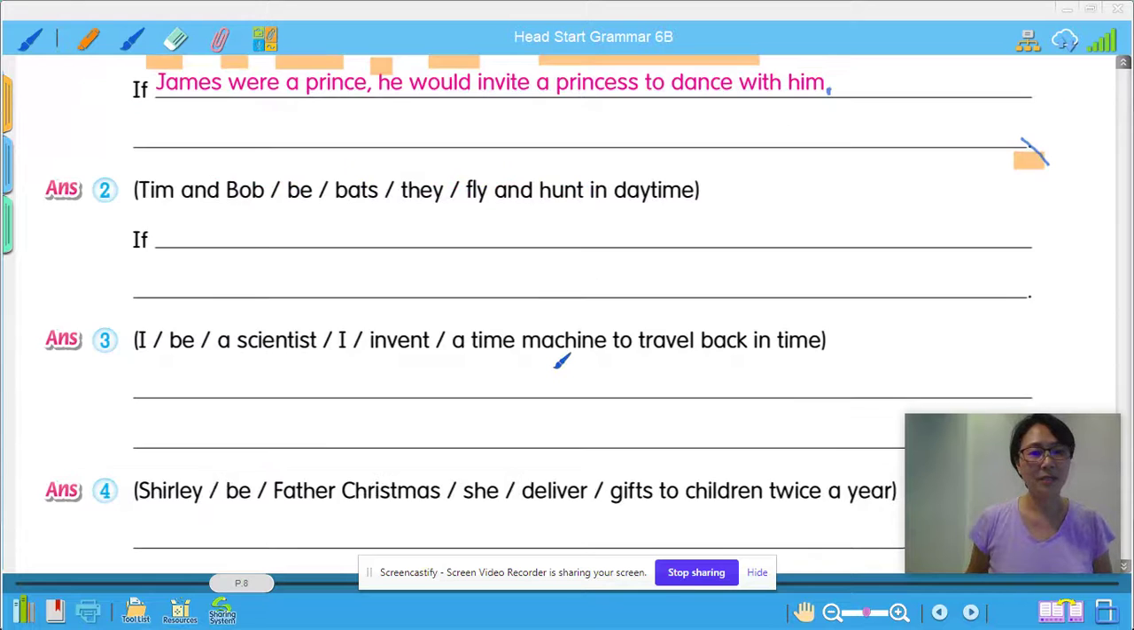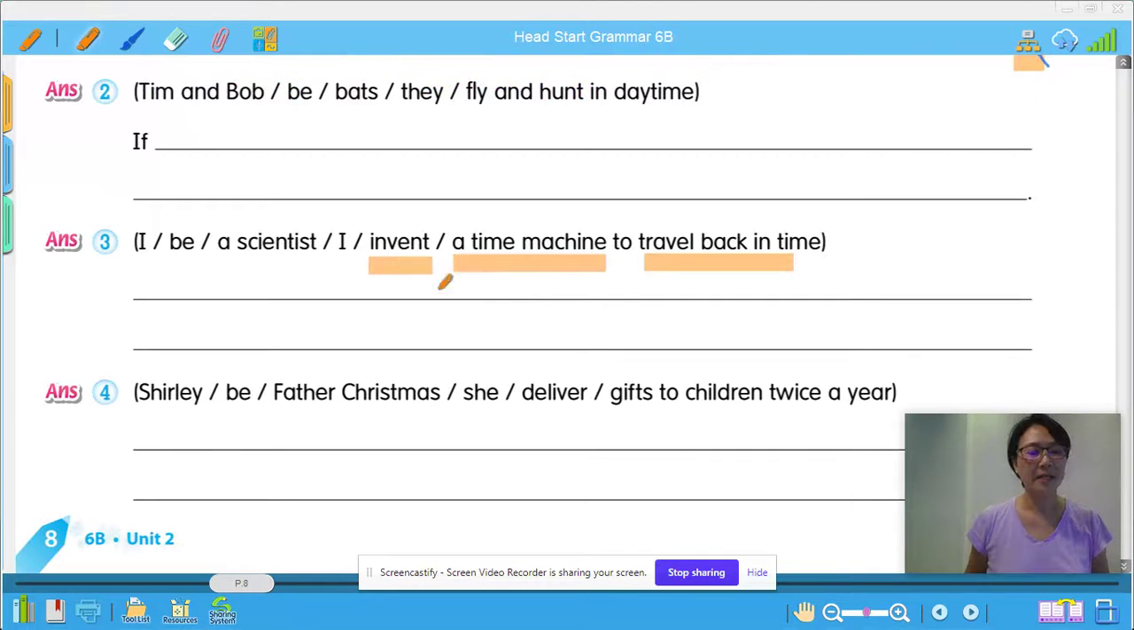Okay, so I want to read to you some of the sentences here. I be a scientist, 科學家. I invent a time machine to travel back in time. Invent is 發明, right? We have learned this word before. A time machine, 時光機器嚇, to travel back in time. 去返以前嘅時間啦。